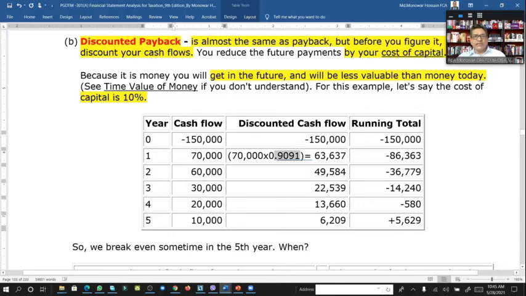This 0.9091 is the 10% PV factor for the first year. With adjustment, this 70,000 comes to 63,637. If we adjust this against the money we need to break even, 1,50,000, then